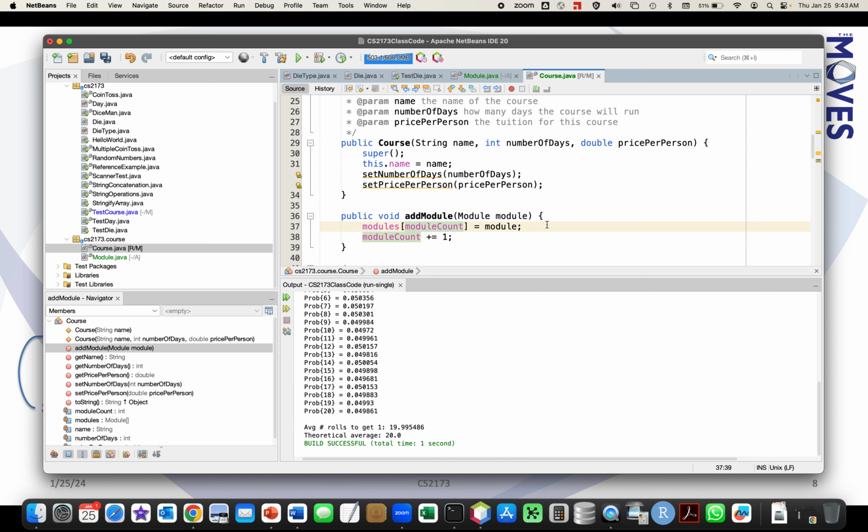Correct. I'm going to get a null pointer exception for precisely that reason. So what I'm going to show you is called lazy instantiation. Now I have two choices. One was what I was about to do, which was instantiate that array in the constructor. But lazy instantiation says this: if